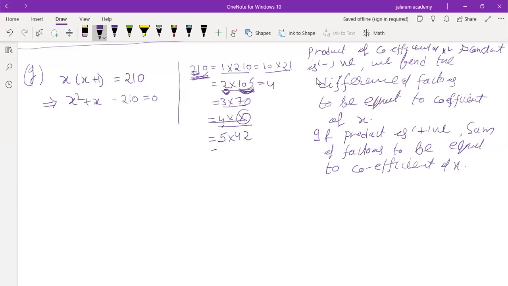Yes, sir. And what will be the next number? 6, sir. 6 into what? So check it. Look at this, this is 3, na? And twice of 3 is 6. So we will make the half of 70. So can you divide 70 by 2? Yes, sir. Dividing by 2 is easier, na? So what is 70 by 2?